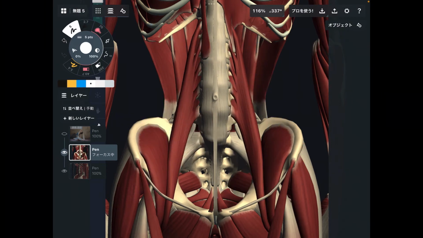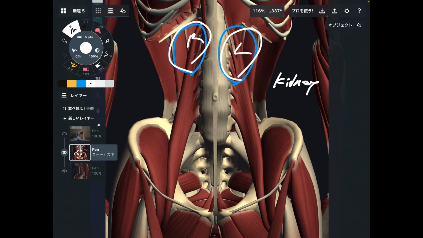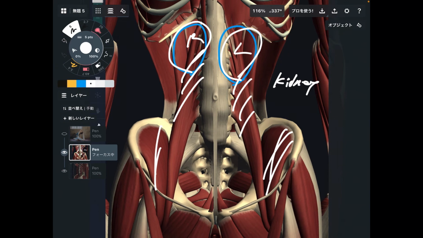Okay, anything else? There is important urinary system around psoas. It's like this paired organ. These are kidney. Kidney, this is right side, this is left side. Kidney is kind of sitting just in front of psoas. Again, when you have disability around kidney, that may affect full function of psoas. Not for iliacus. Iliacus is way too far away from kidneys. See, iliopsoas have many relationship with internal organ.